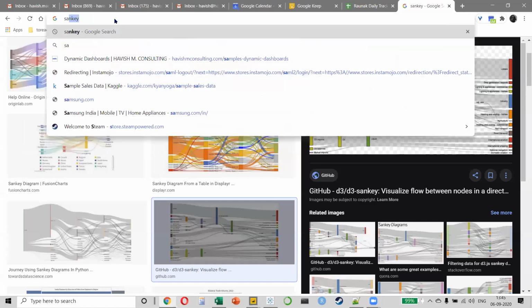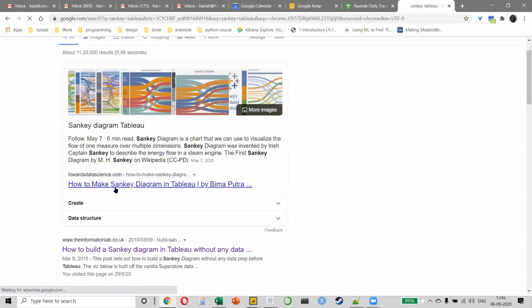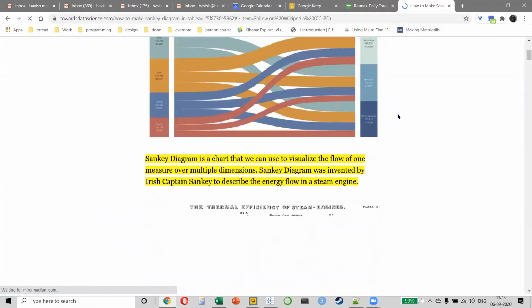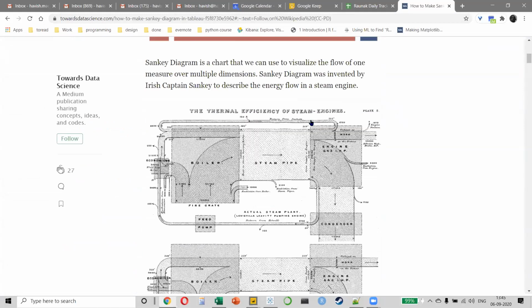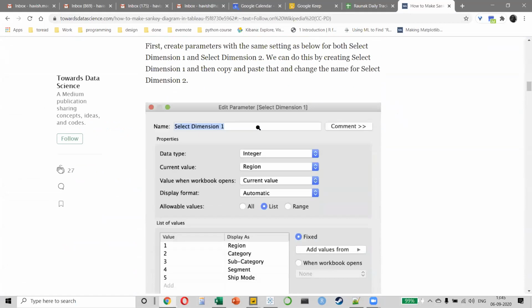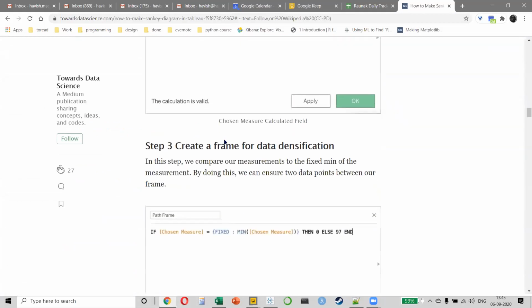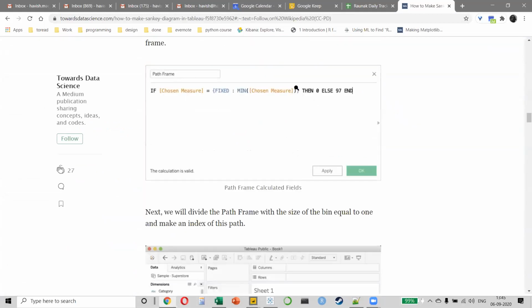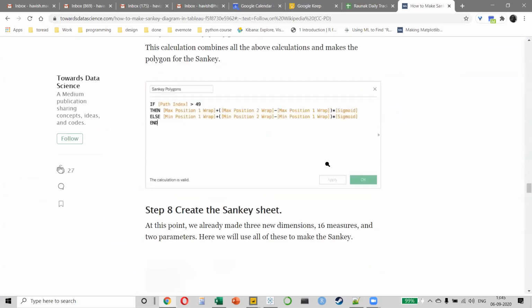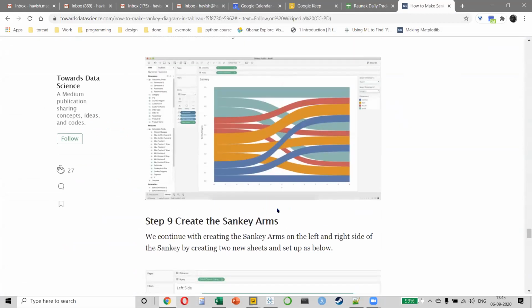Just watch this. Sankey, Tableau. Just look at the number of steps that it requires. The same thing, I will first have to create parameters, dimensions, and measures. So I'll have to do calculations. Then I'll have to create these calculated fields. Just look at all this, everyone. Then I'll have to create LOD expressions. So many steps are required to do what? To basically get the same result that we were getting in Power BI in a single click.